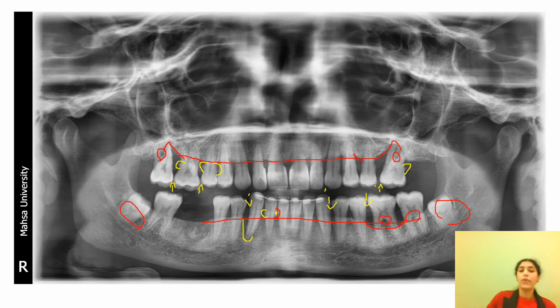So like this, we usually try to analyze the panoramic image, but important is whenever you're talking about horizontal bone loss, you need to explain until which level the bone loss is in relation to the root length, whether it is middle third, apical third, or coronal third, or whether it is a vertical bone loss, or sometimes it could be circumferential bone loss everywhere, and beyond the root apex also the bone is lost. You have to accordingly specify.